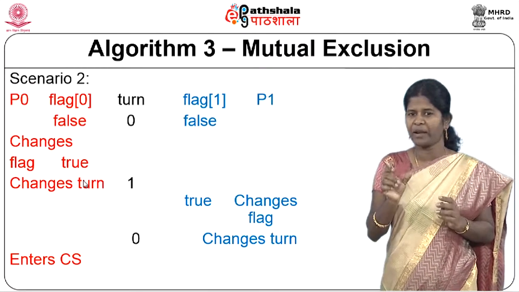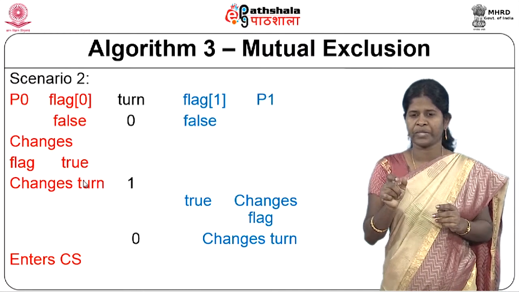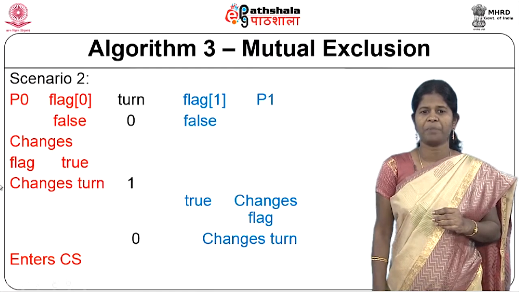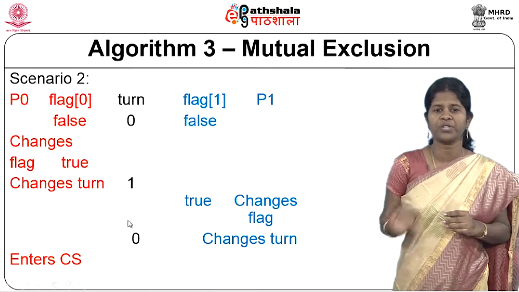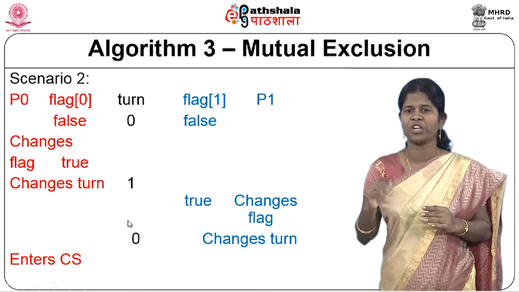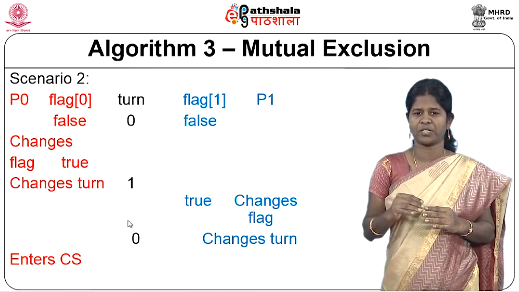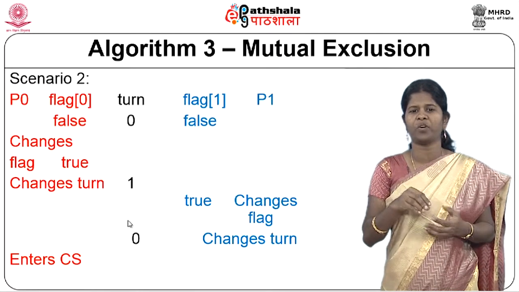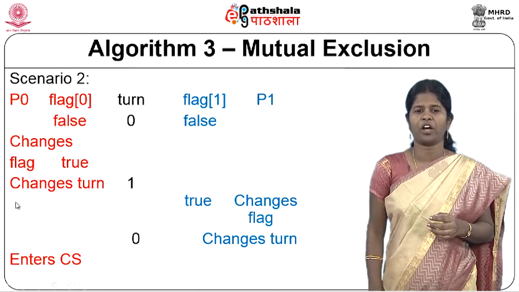So, the first part in that while condition is true. The second part is checking if turn is equal to the other process's turn, but turn here is now equal to 0. So, turn is not equal to the other process's turn. So, the condition within the while loop becomes false for P0,